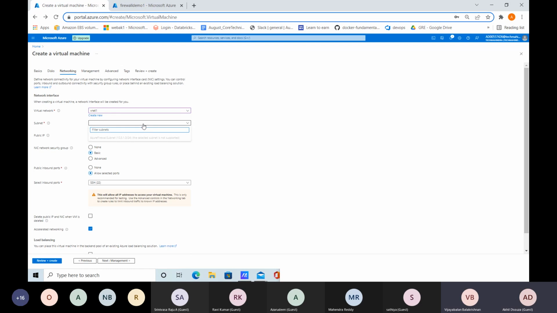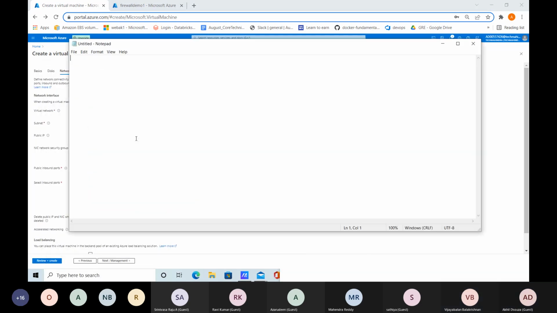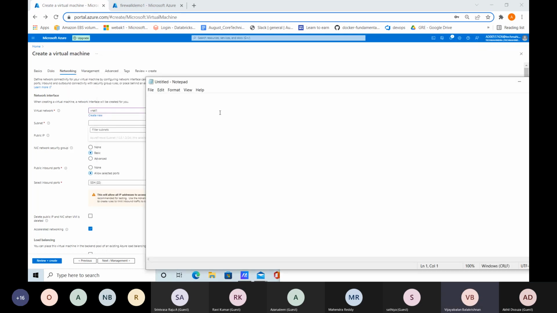So actually, you haven't got a subnet. Basically, now can you open one notepad? So whenever you want to plan your custom firewall in your project or anything, first you need to create the proper network, VNet. Can you type create VNet? Okay, and create all the subnets with all proper rules, everything. And again, the second task is create subnets.